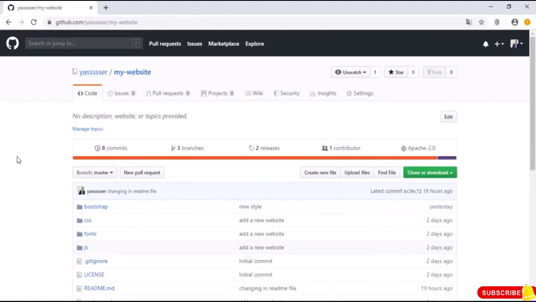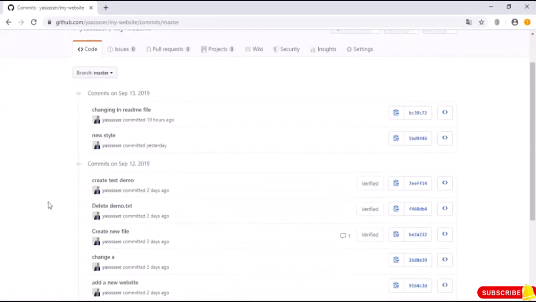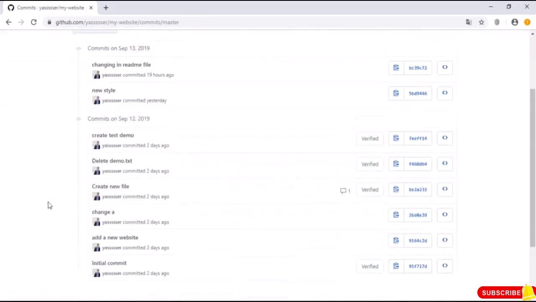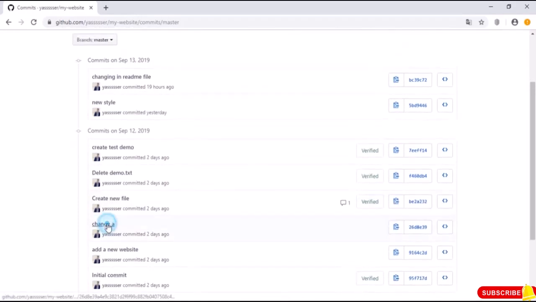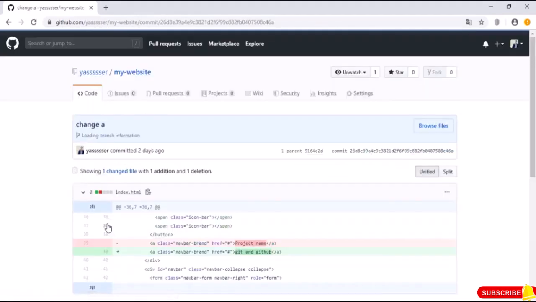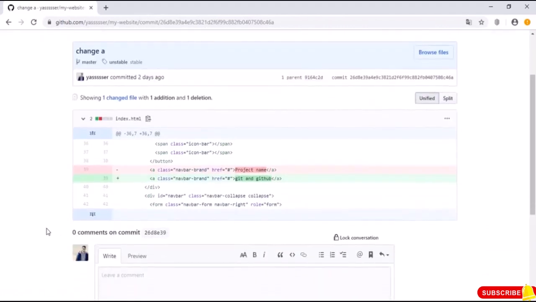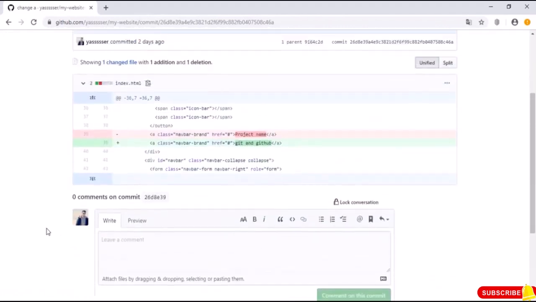In the previous video we learned how to compare between two branches, and in this video we will learn how to compare with commits. So to do that, let's click on commit, and it will show us a list of all the commits that we did. So for example, let's click on this change commit, or this change A, and here it shows us